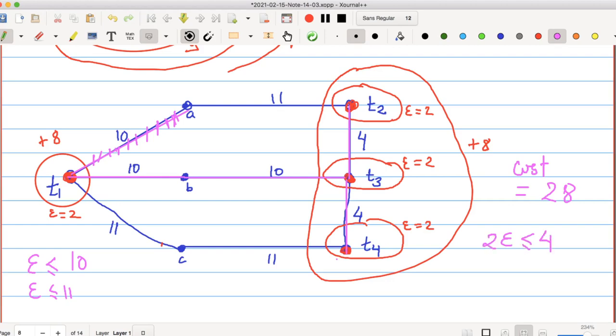Edge BT3 will tell you that epsilon should be at most 10, and edge T2A will tell you that epsilon should be at most 11. So you get all these constraints from different edges. Each edge tells you the maximum value of epsilon, and then you take the minimum among those. This constraint tells us that epsilon should be at most 2, and that's why we had chosen epsilon equal to 2. Make sense?